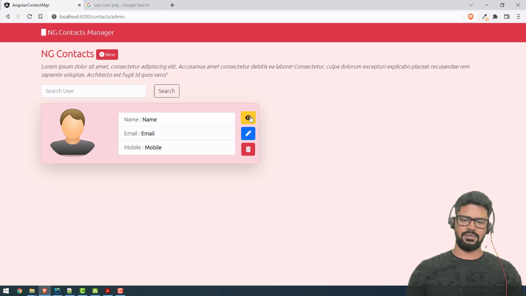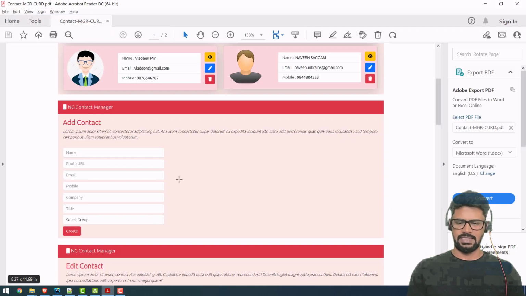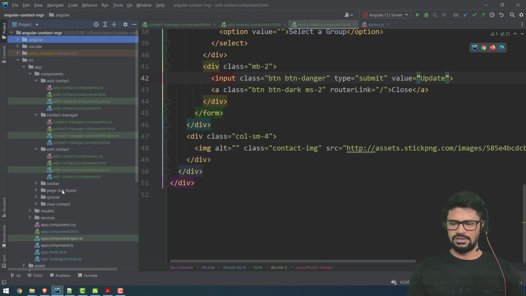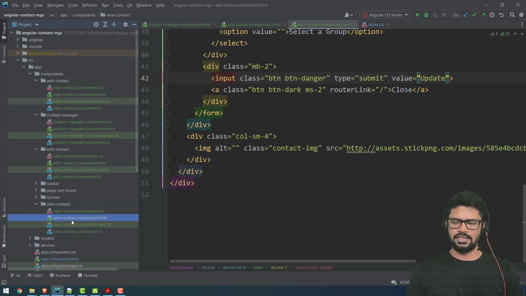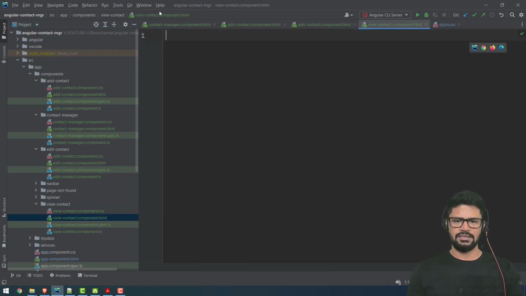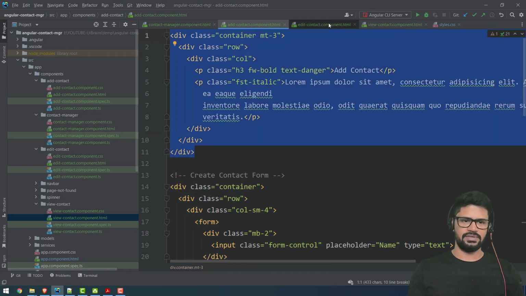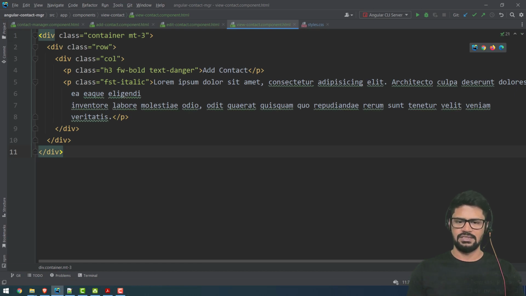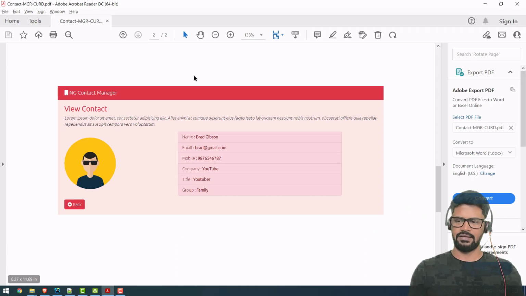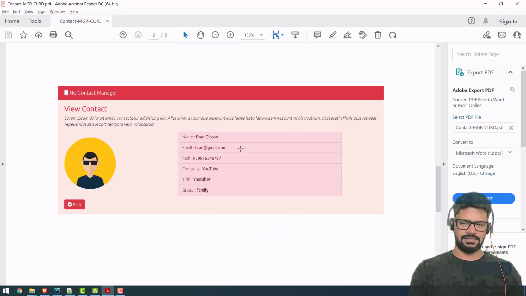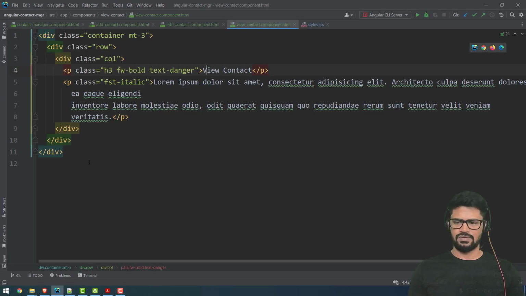Okay, now what about view contact? Let's make that page now. So back to view contact HTML. Yep, here the heading is common for everyone, so let's make a copy of the container. I'll go here and paste it. This is view contact. Under that you have an image and you have some text. So here